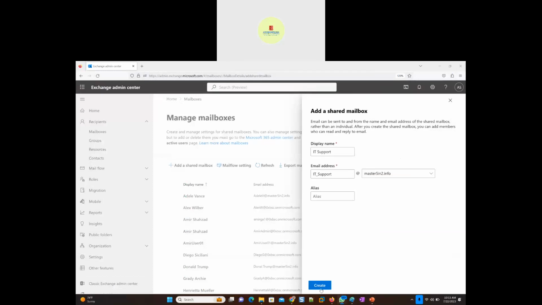Okay. So I'm just going to click the create button. I haven't added any user yet. I will be adding them once the IT support shared mailbox is created. So once it is created,